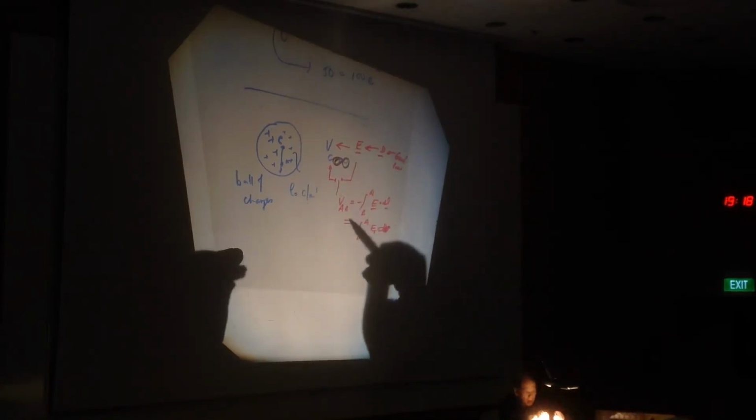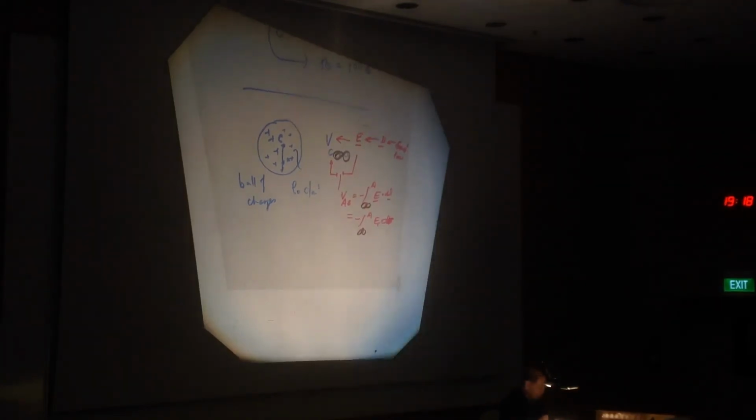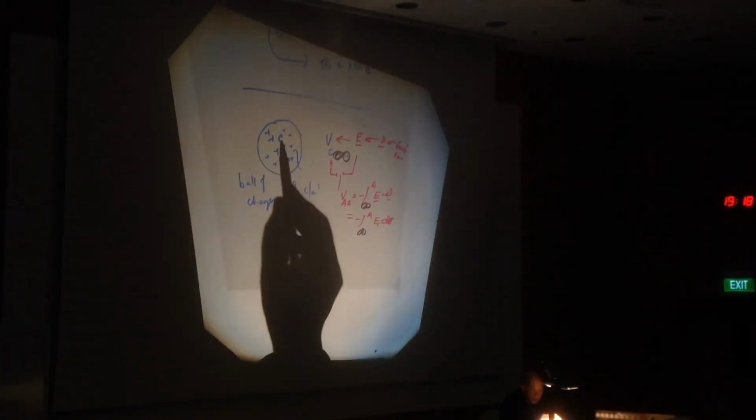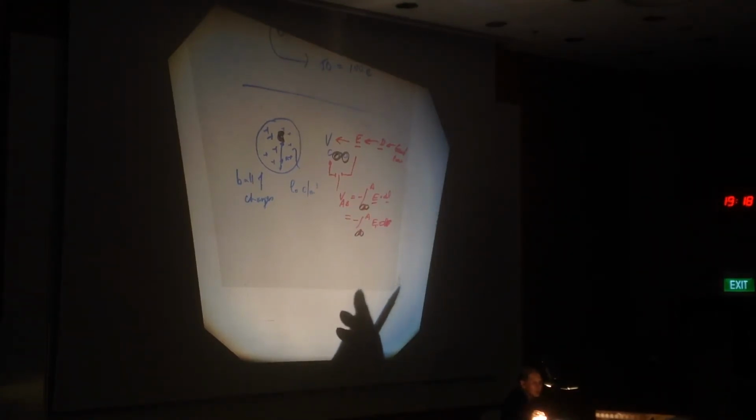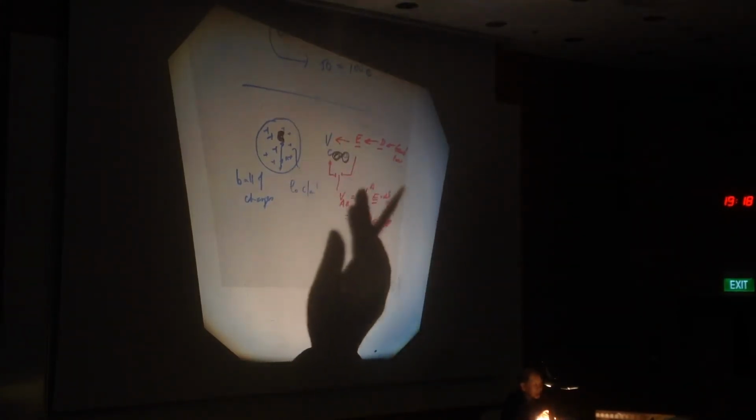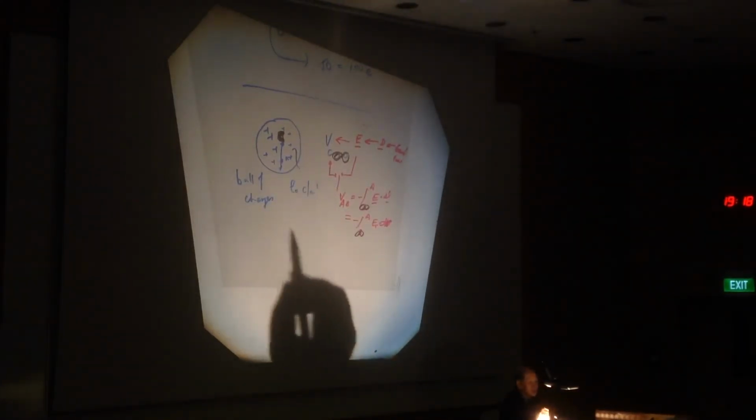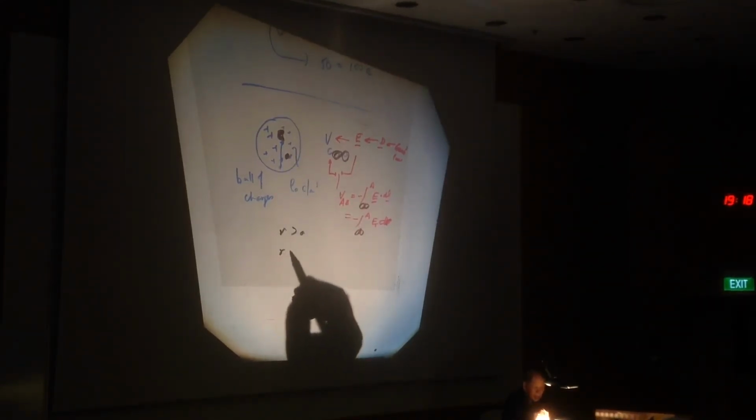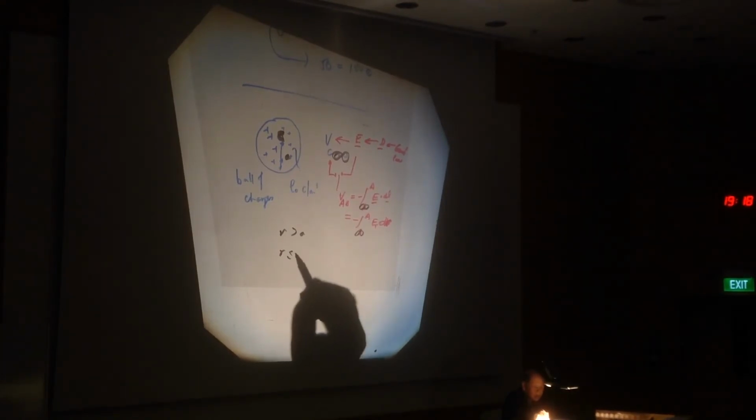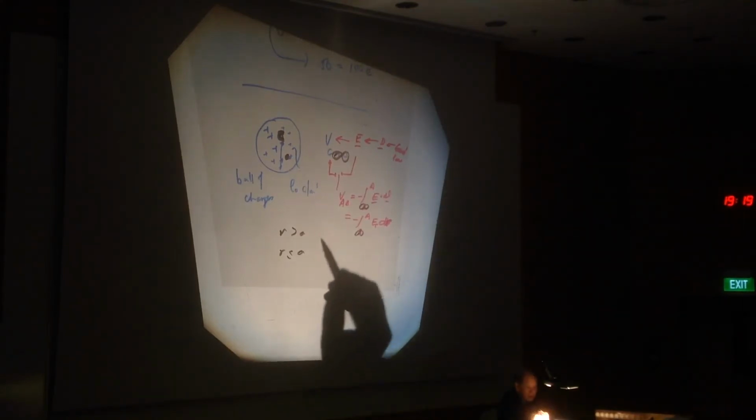So somehow, infinity must be here. This is point C. So to go to the point C, I must go from infinity. So when I come from infinity, I move towards C along the radius here. I'm covering two regions. R greater than A and R less than A. So therefore, I have to find, for R greater than A,